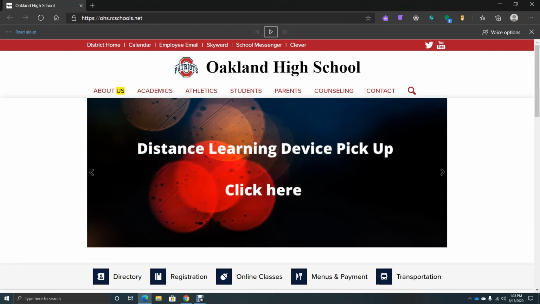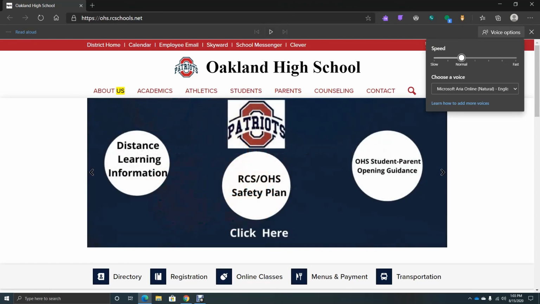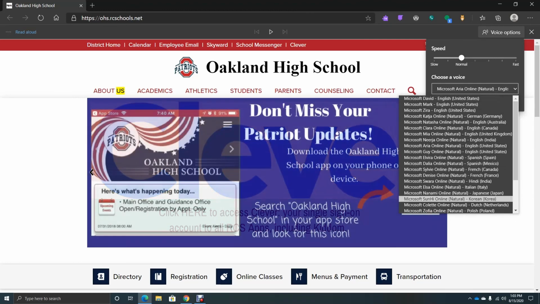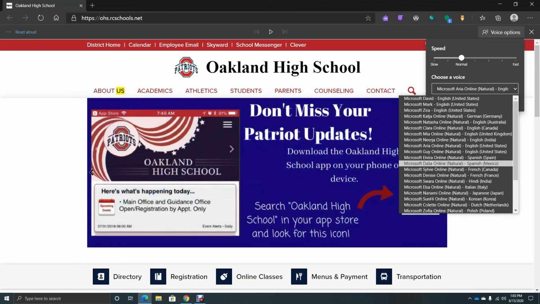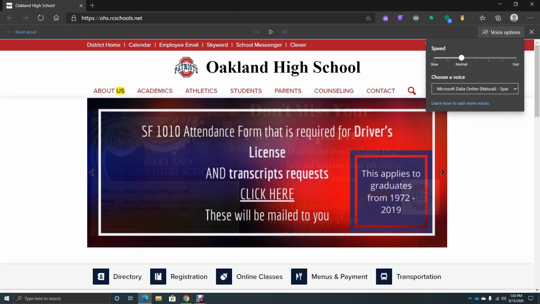Now, there are some settings that you can use and that you can adjust. So just like before when we were using the Narrator voices, you can adjust the speed and you can also adjust the voice. Now in here you'll find some additional options. Since this is a web browser, there's quite a few different ones. So if for some reason I spoke Spanish, I could choose that. It's going to have a voice for me. When I go back and play,